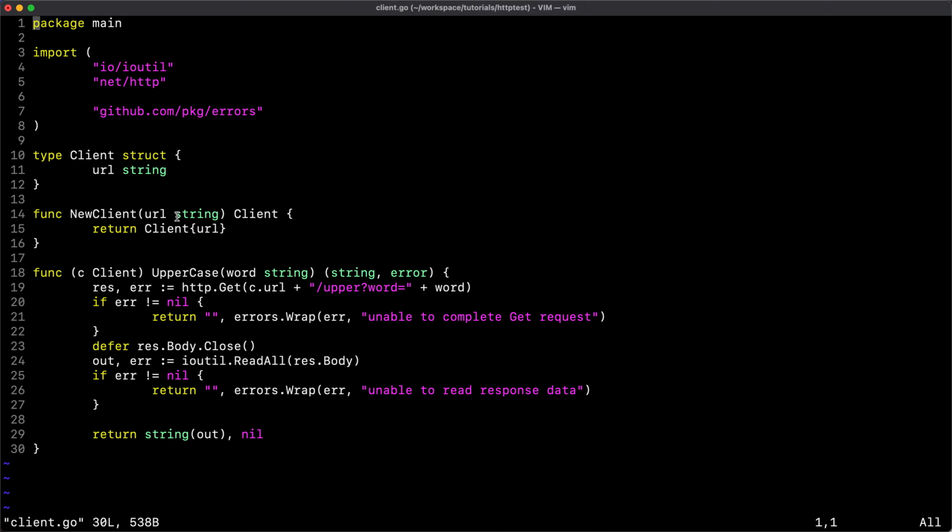So you may want to make sure that you have a fake server that responds in the way that you expect. Our client takes a URL, then it is going to hit an endpoint with the path /upper. It's going to pass a word there, read the response, and return the response. That's everything it's doing. It's exposing that functionality using this uppercase method within the client. So the way that you would initialize the client, you pass the server URL, and then you just call uppercase with any word. It calls the server each time and returns the word uppercase.